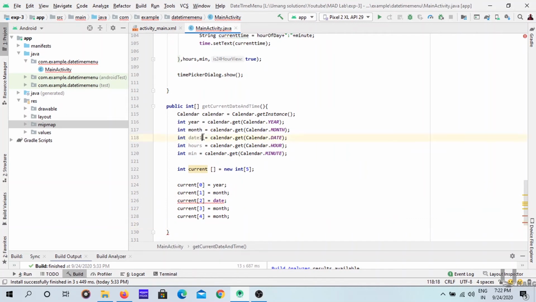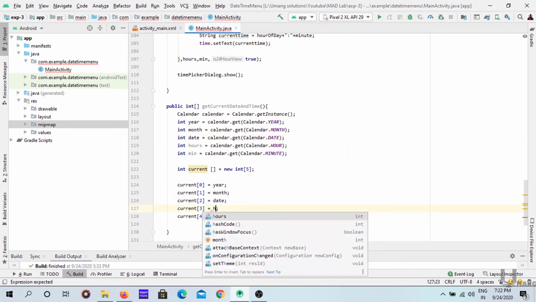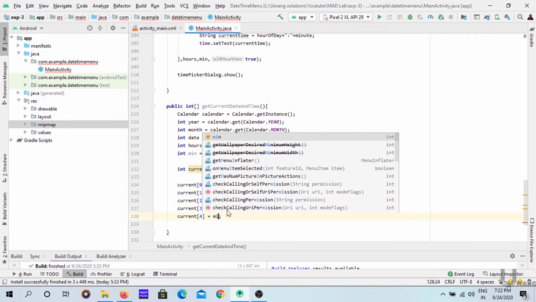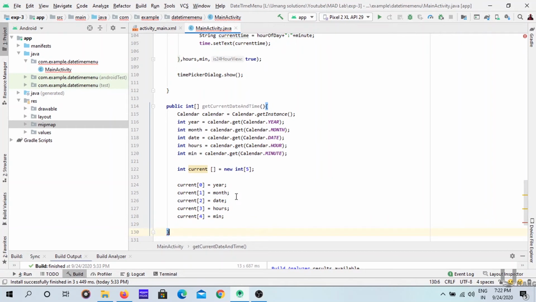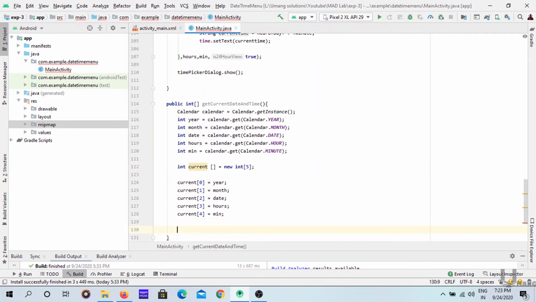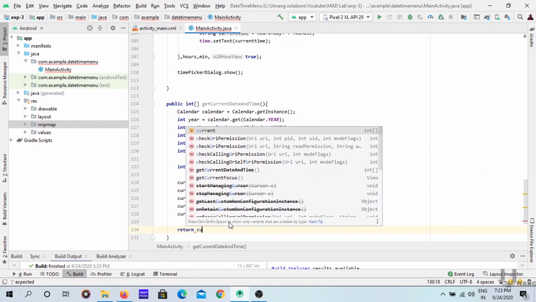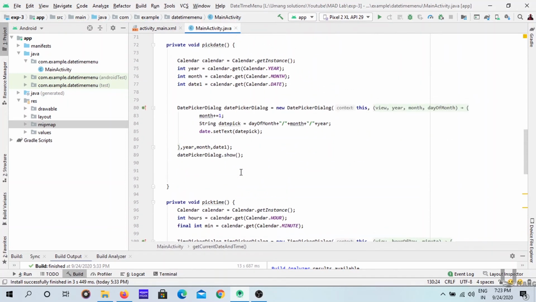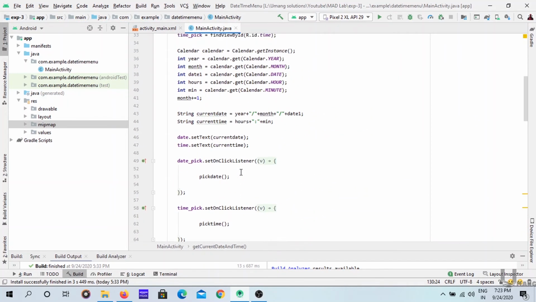So we can remove this date, hours, and so I stored these 5 values into this array. Now I will return this array. Return. Yes. Now we can remove the repeated lines here.